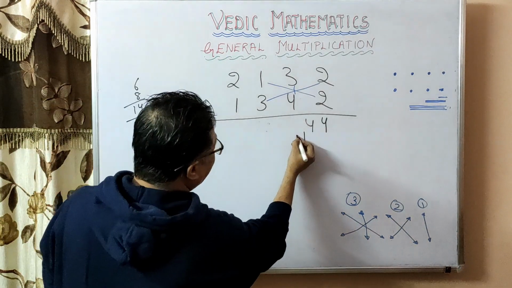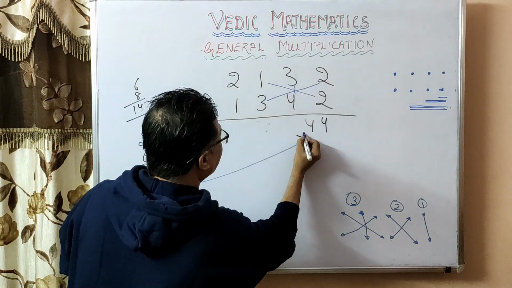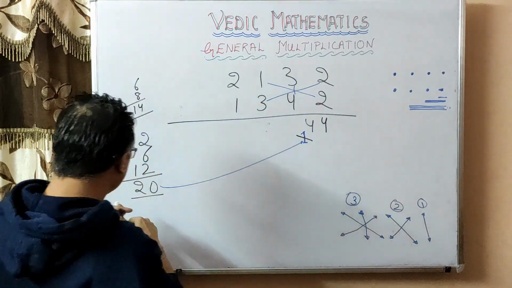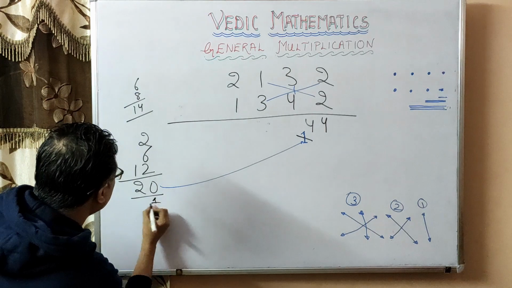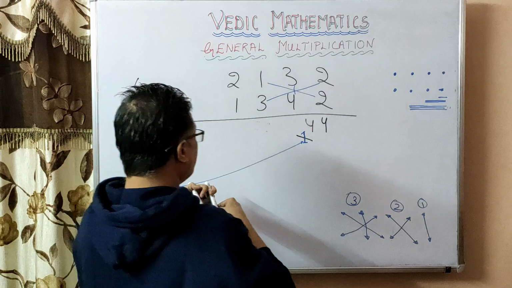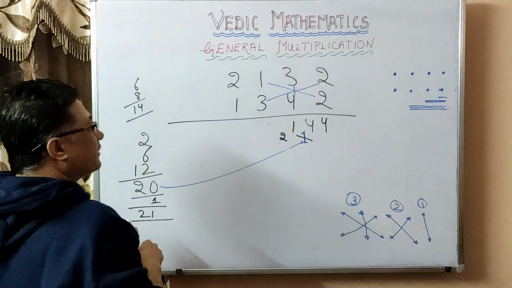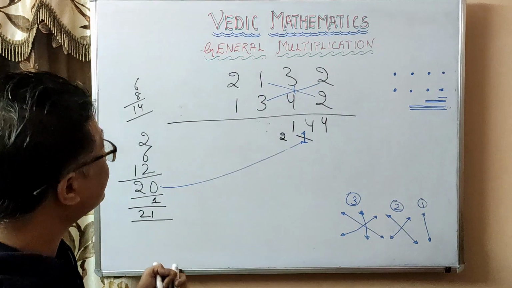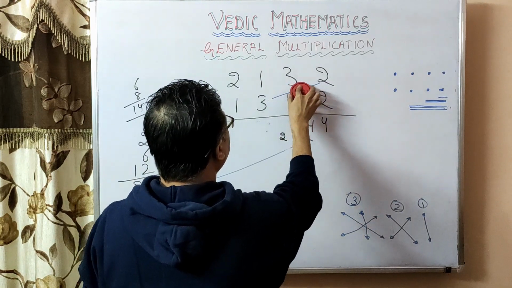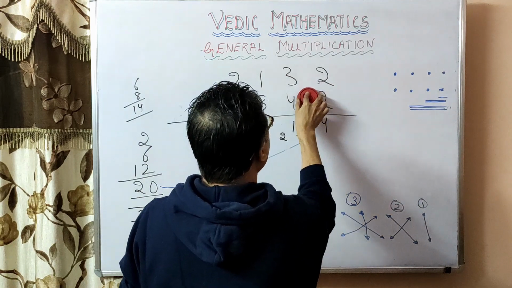And you have to add this one. So I am adding this. This was 1. So I am adding this and striking it off, because this was carried forward. So 20 plus 1 is 21. So I'll write 1 here and 2 here for carrying forward. So this is exactly how we do it. So now we'll move to step 4.